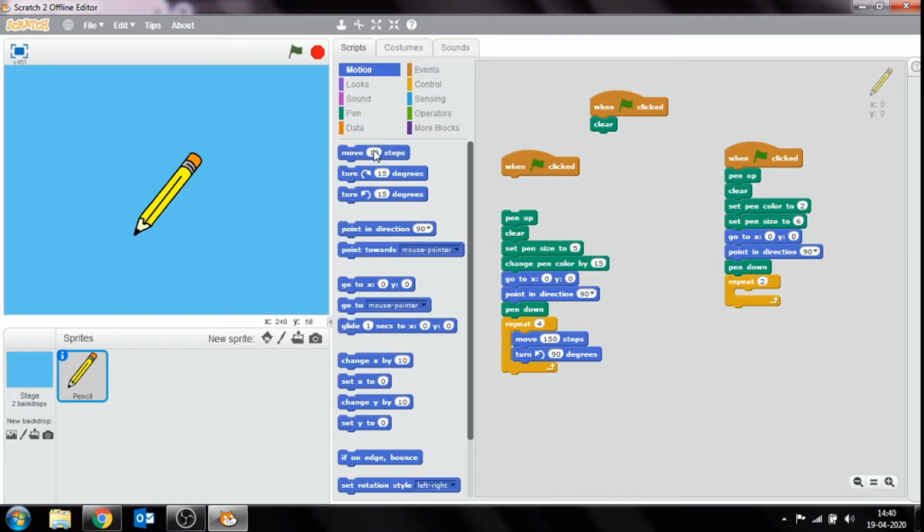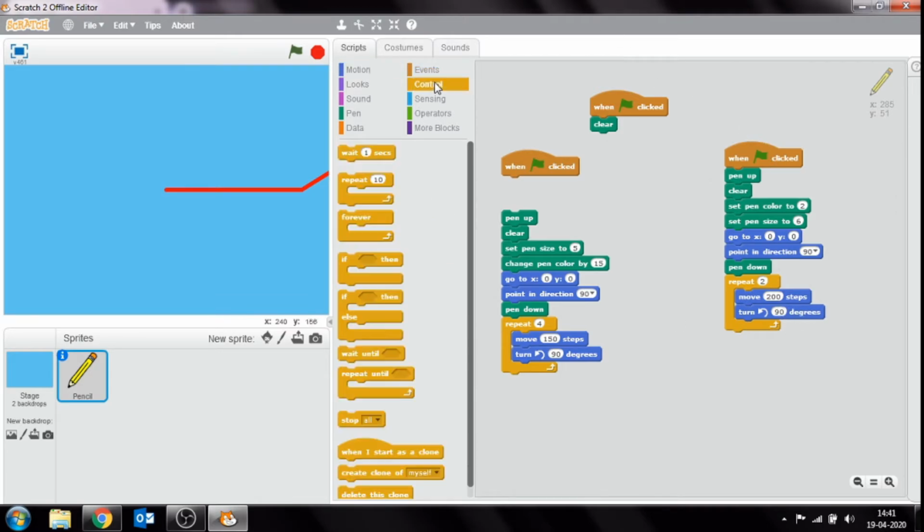Then go to the motion block, drag move 100 steps or take 200 steps, turn 90 degrees because a rectangle has 90 degree angles. And again take one more control repeat block here, 1 time only now.